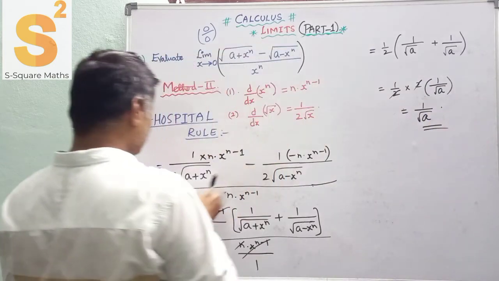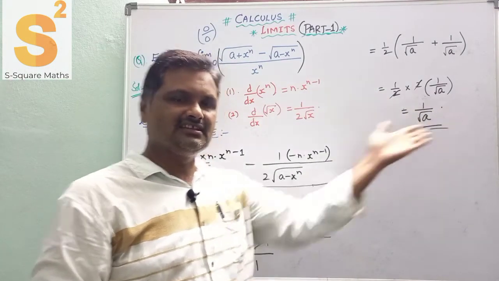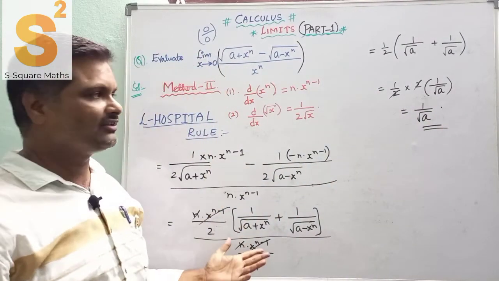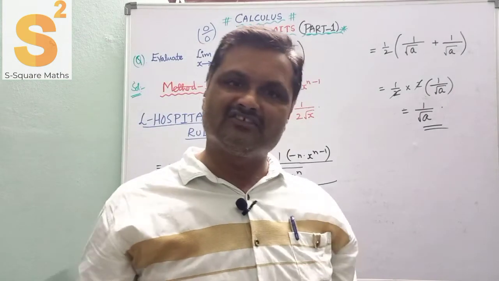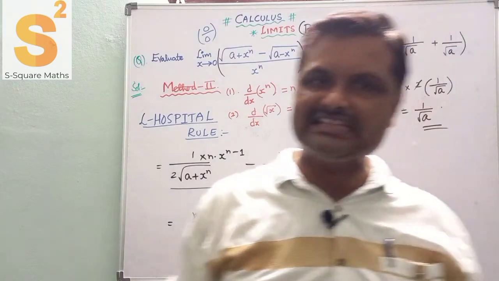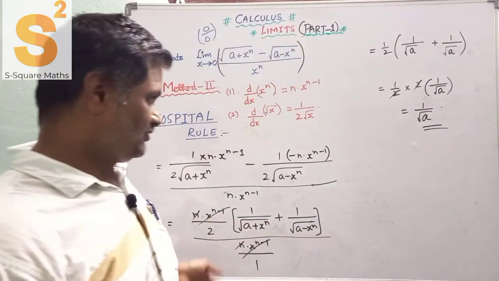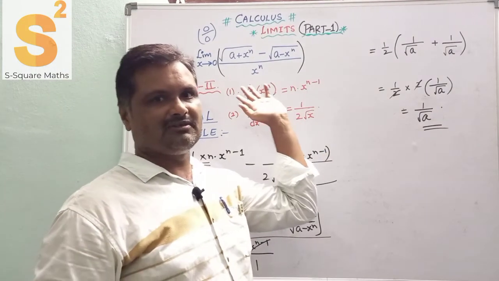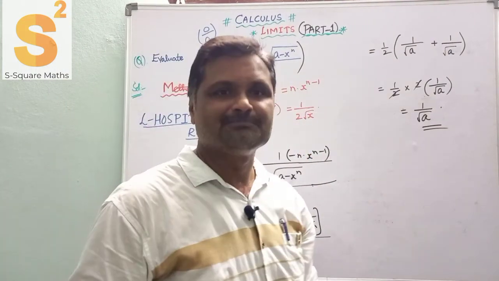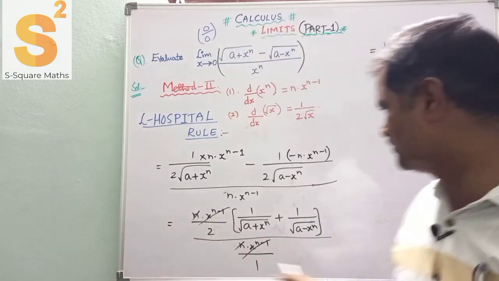So the first method is a complicated two-step one, and this one is very easy, just 5 seconds. It takes half a minute if you are good at calculations. Of method 1 and method 2, method 2 is the L'Hospital rule for various competitive examinations. Method 1 is the traditional method for intermediate students. Okay, so two methods for the first problem of our limits calculus. One problem by two methods. Once you have the total look.